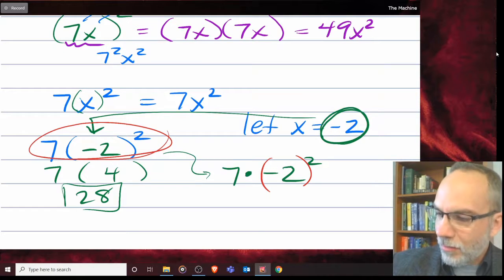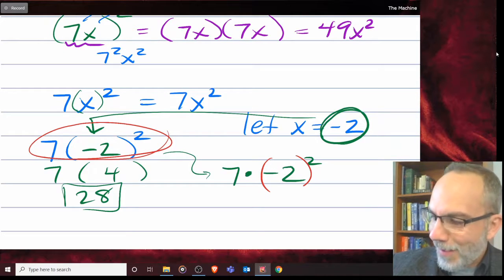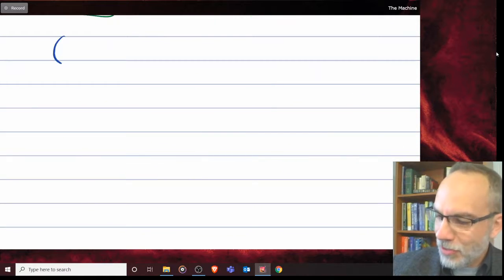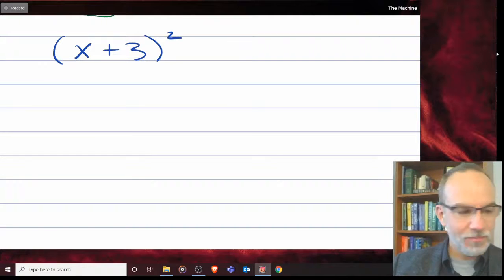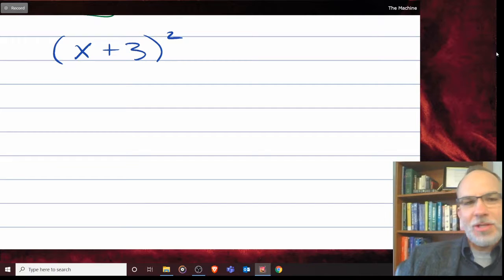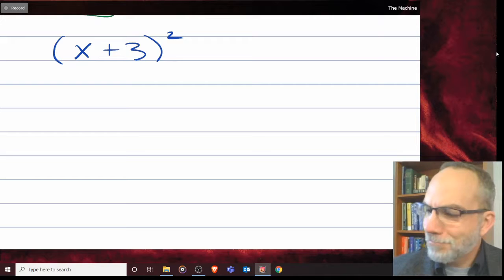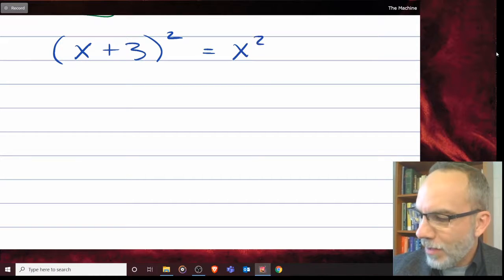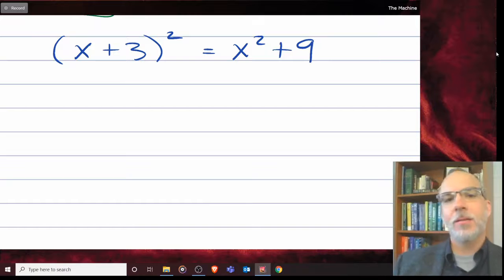All right, now let's try one. Well, I won't say anything, I'll just give it to you. How about x plus 3 quantity squared? Why don't you take a moment real quick and just write down what you think your answer for that is. If you wrote x squared plus 9,